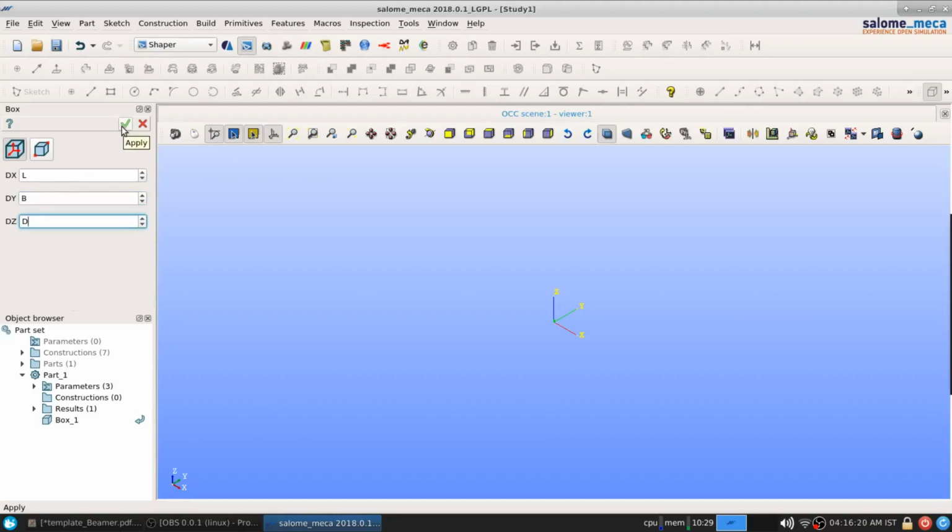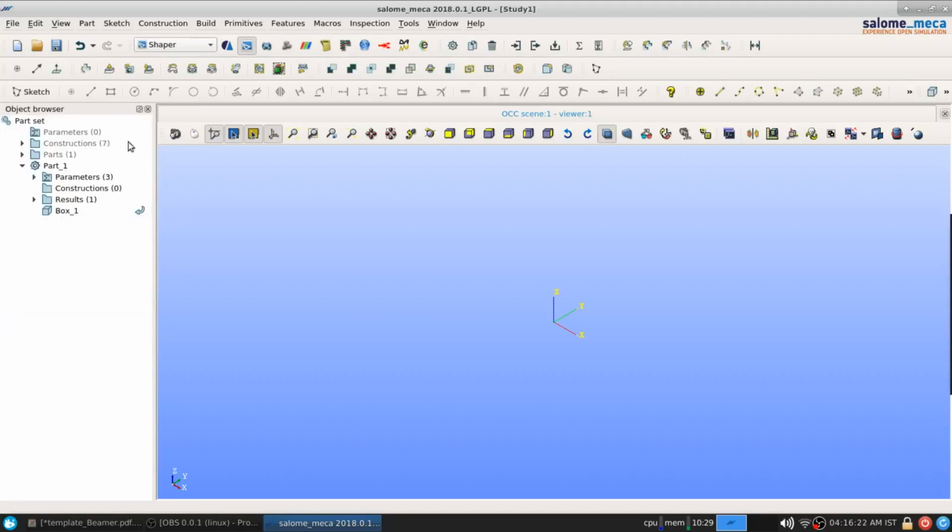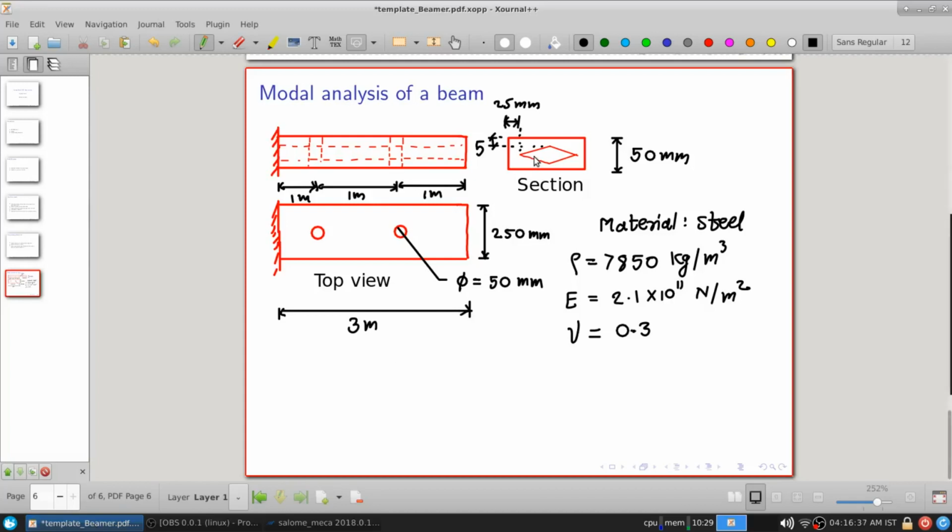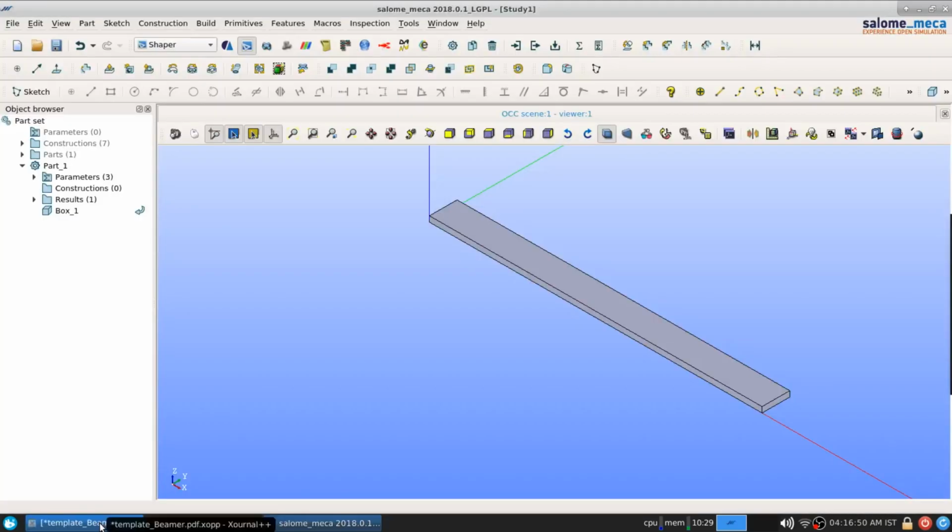And just click on this tick and zoom in. You can see this beam is created. Now this beam needs to be hollow, and this specific hollow is specified here, that is, the cross section of that hollow portion is like this. So I need to create this portion over here, and then I need to cut the entire beam using this portion. So to do that, what I will do is